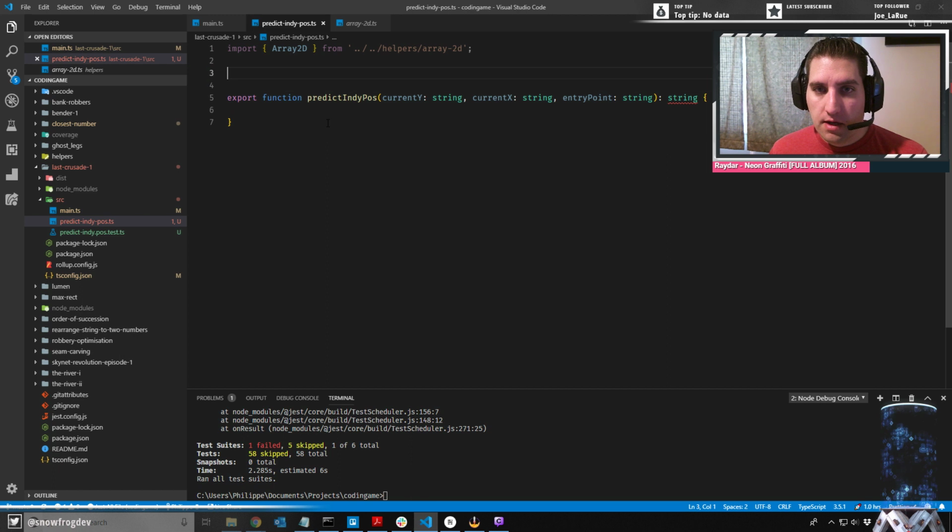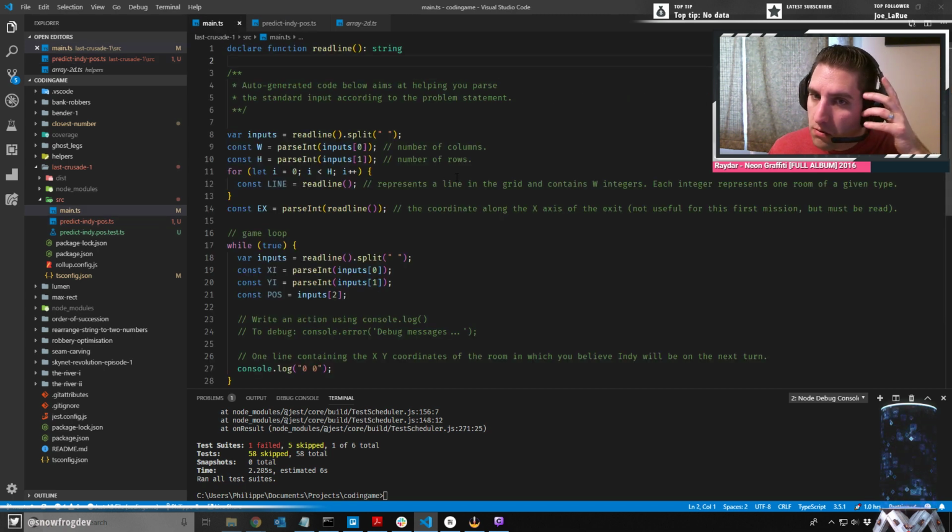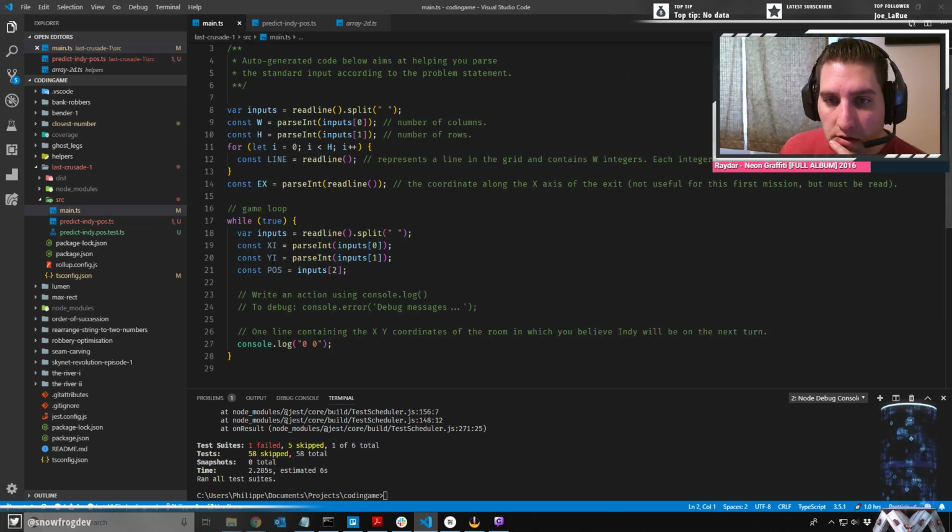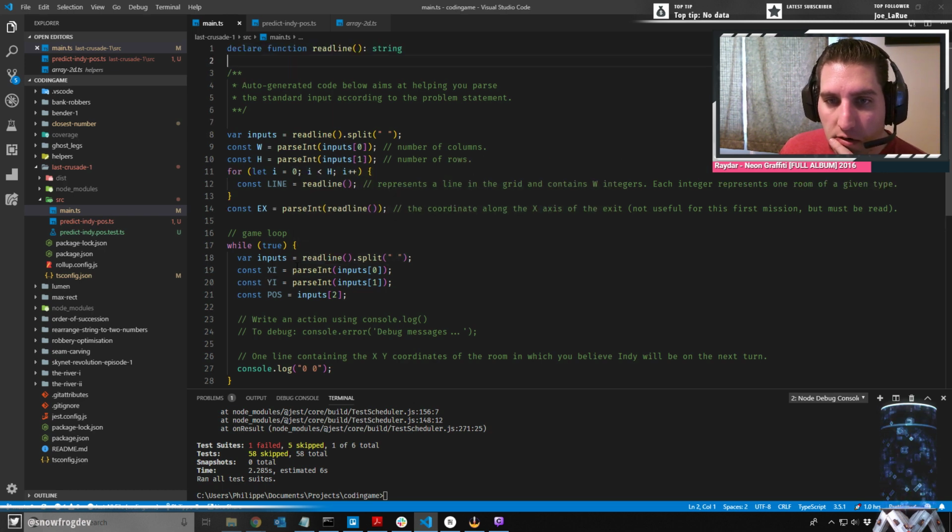So we need to make an array 2D. That's probably going to be something that we're going to need to... Let's take a look at what we're getting here. This is where this needs to happen. No, actually that's the game loop, so here. Here is where this needs to happen. Okay. What do we have in that line? Simply have